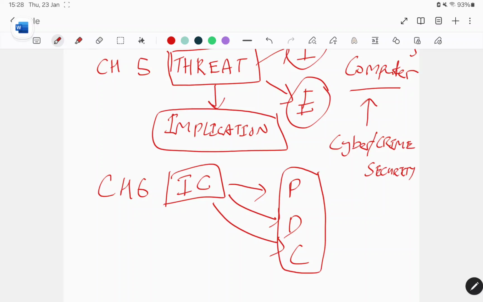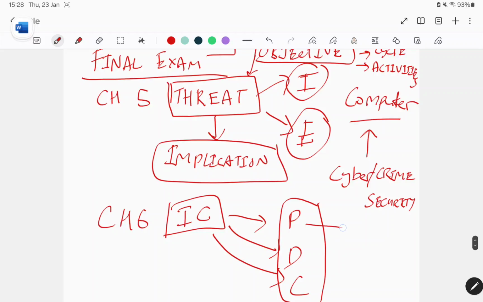You have this PDC: preventive, detective, and corrective control. Within these three big controls, there are sub controls, sub examples. So for example, to prevent, you can suggest access control,